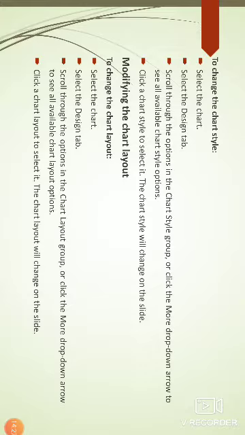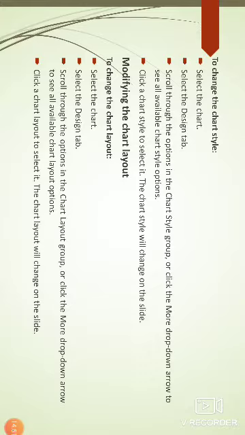Next is modifying the chart layout. Based on our requirement, we can modify the chart layout. First, as usual, we have to select the chart.